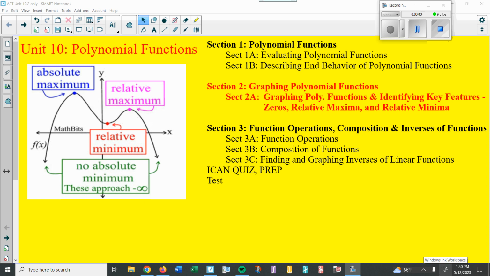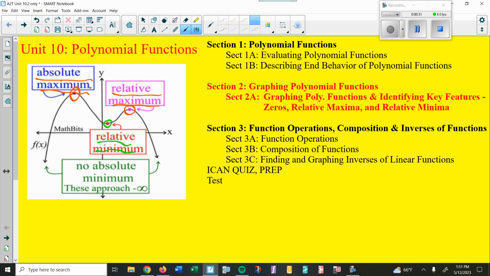Hey, we're going to go ahead and take a look at section 2 of chapter 10. We're going to actually be looking at some of the stuff that you see over here on the graph. We're going to be looking to see where we would have a low spot, which we would call a relative minimum. We would also be looking at where we have a relatively high spot, which we would call our maximums. Now, we actually have two different types of maximums here, a global or absolute maximum, which would be the